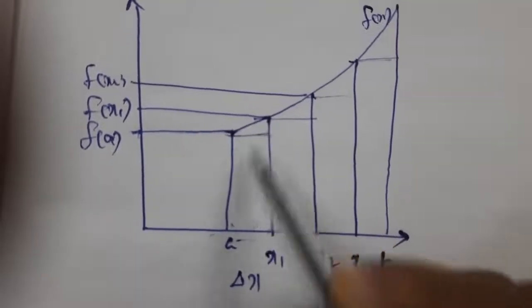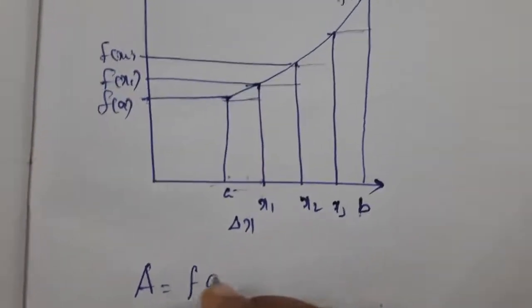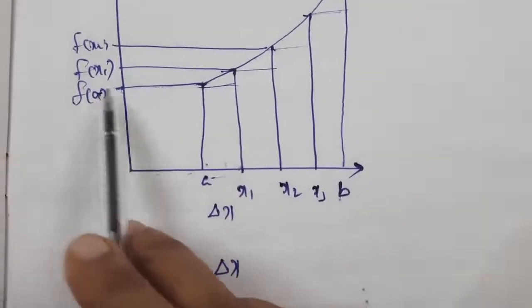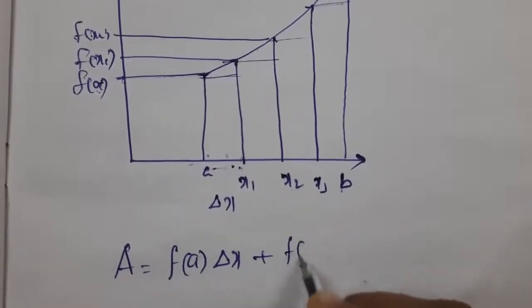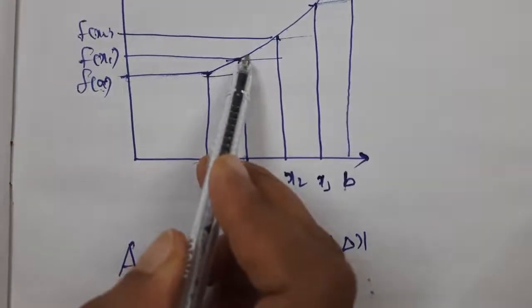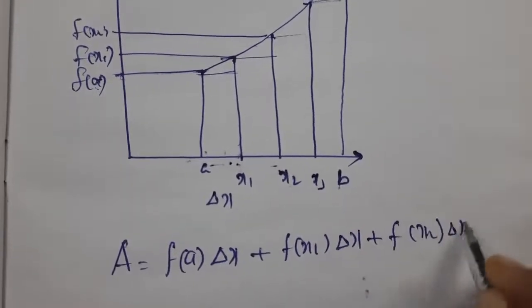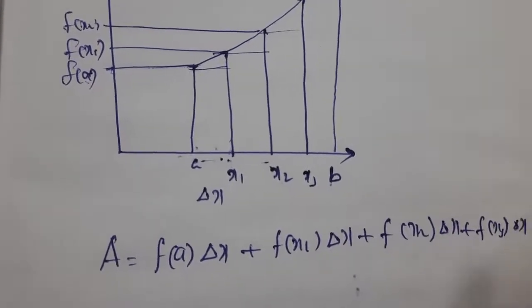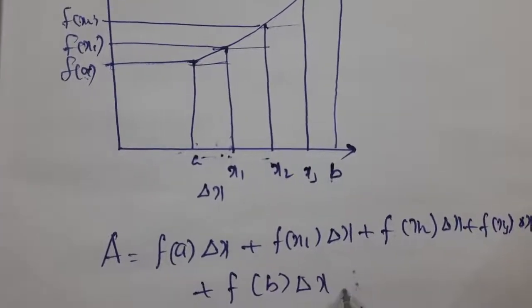Now these are the rectangular strips. So the area A is given by f of a into delta x. That is, this is one rectangular strip, length into breadth: f of a into delta x plus f of x1 into delta x, plus f of x2 into delta x, plus f of x3 into delta x, plus f of b into delta x,